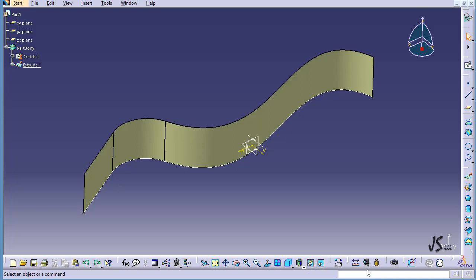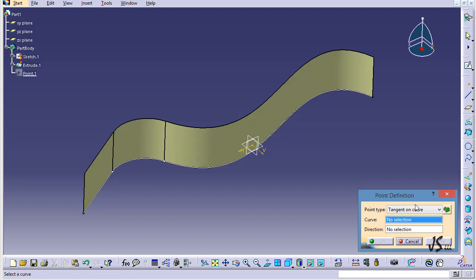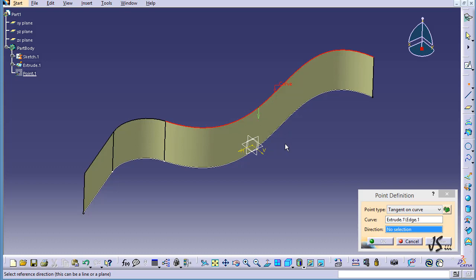Let's create the points here. So I just click here, type C point, and it says, do you want to have coordinates? No, I really want to have it on a curve. So I select tangent to curve. And what is the curve that you are selecting? This is my curve. And now what is the direction? That's okay. For example, here, and the point is going to be created for me